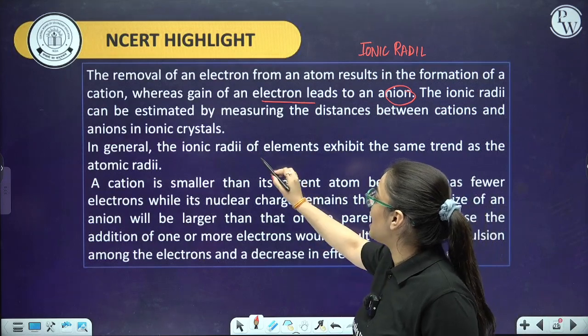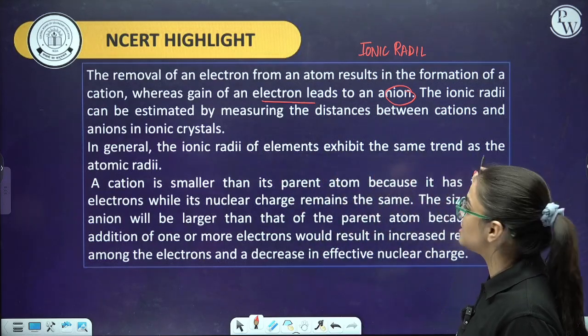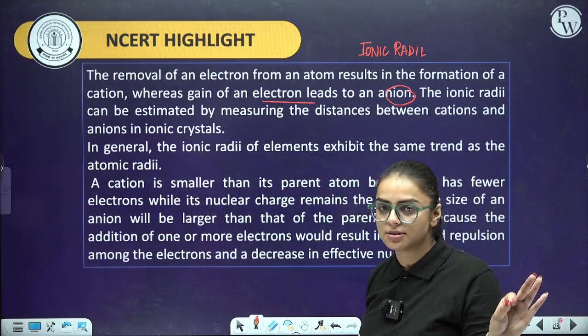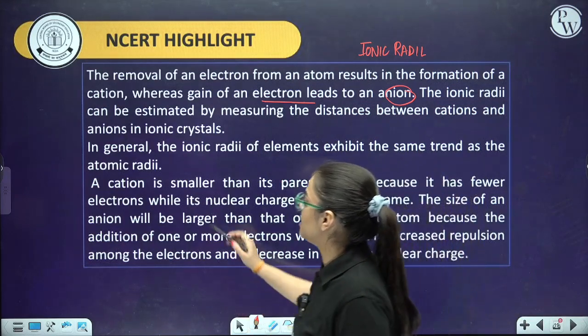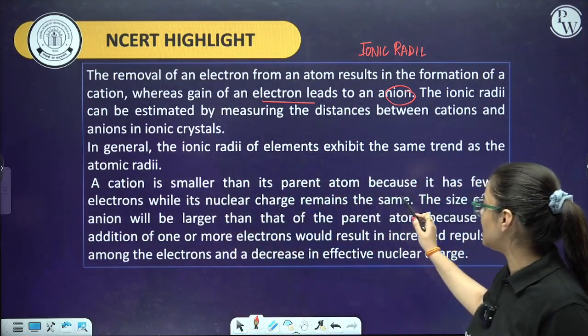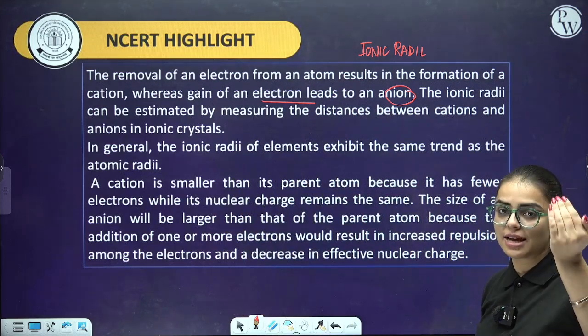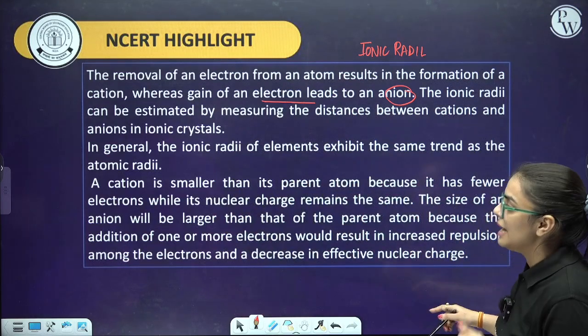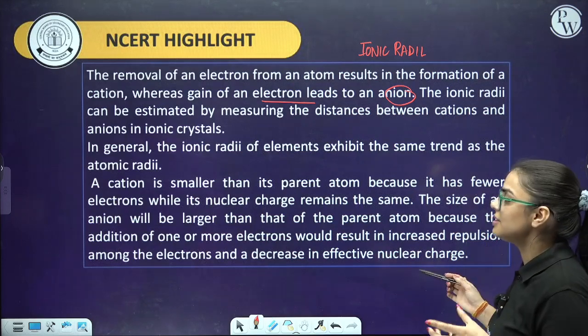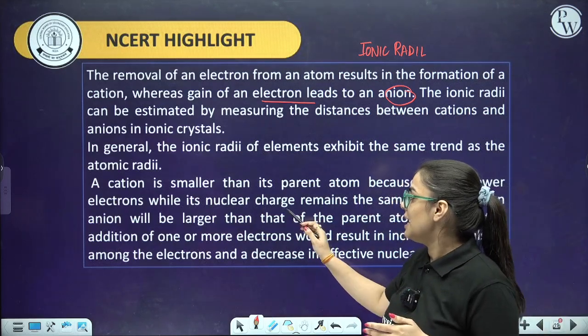In general, ionic radii of elements exhibit the same trend as atomic radii. The trend is the same. A cation is smaller than its parent atom because it has fewer electrons. I have told you that an anion is larger in size, a cation is smaller in size. So they are saying a cation is smaller than the parent atom because it has fewer electrons, while its nuclear charge